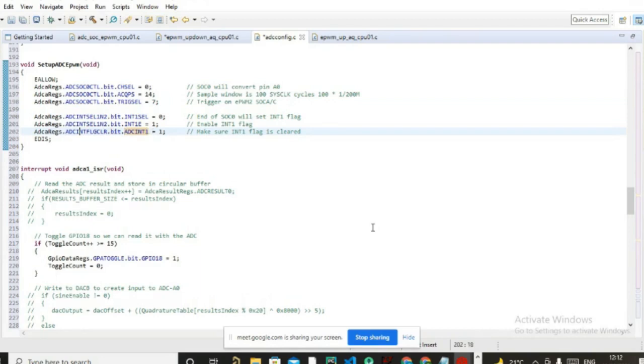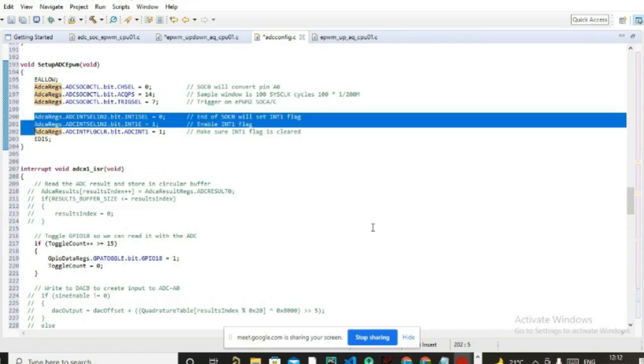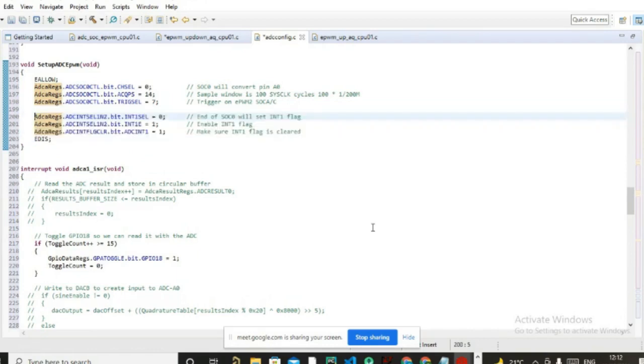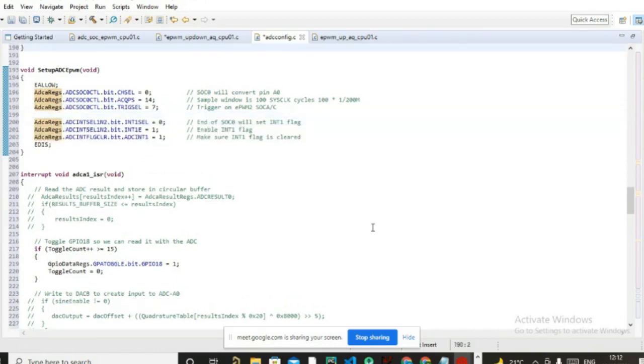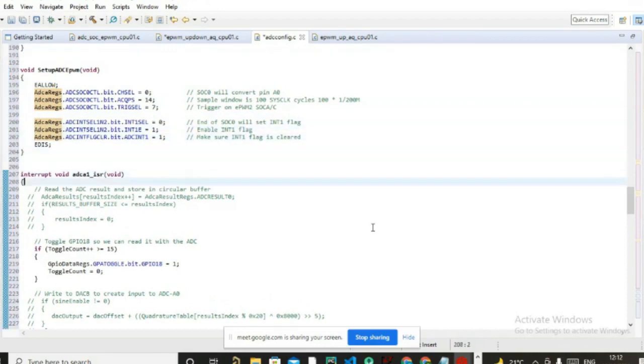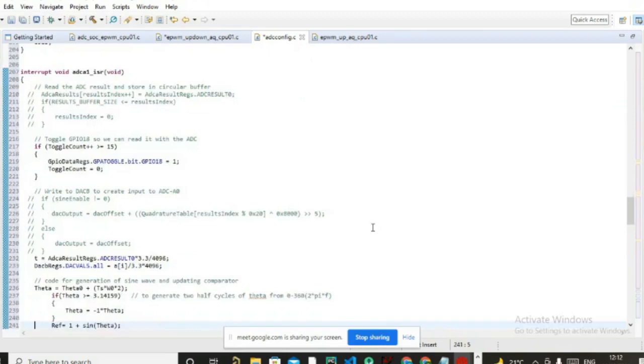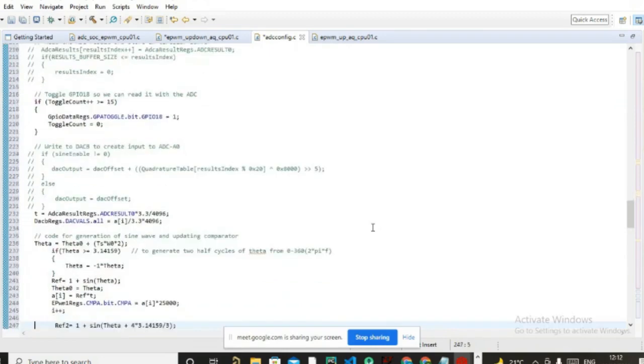Just like in the interrupt ET selection register, we saw how to select an interrupt. Similarly, these instructions are for that only. But here you cannot tell the period at which the ADC interrupt is generated. That period I already told you depends on the sampling frequency. So at 1 by sampling frequency, your ADC ISR will run. Then into this code,